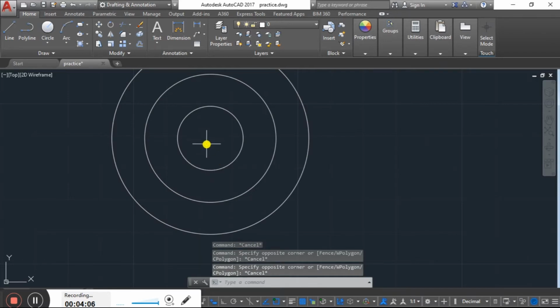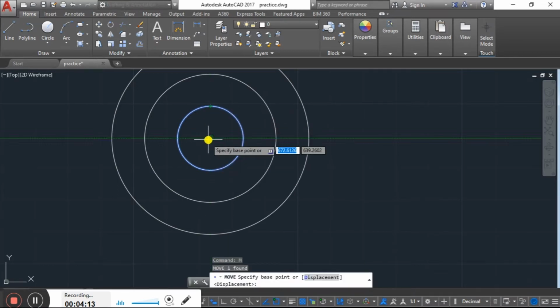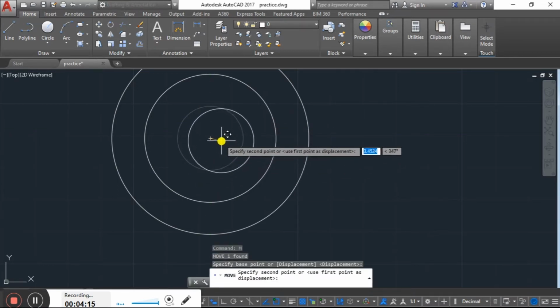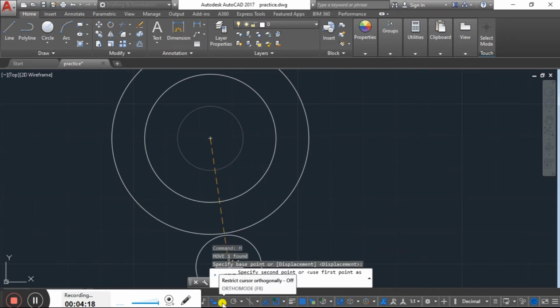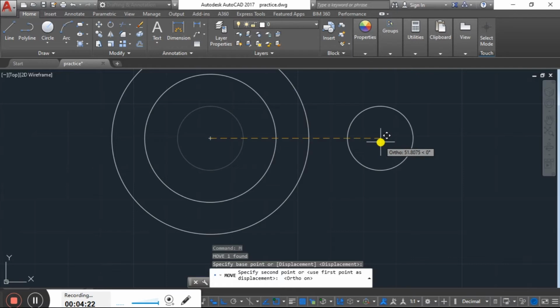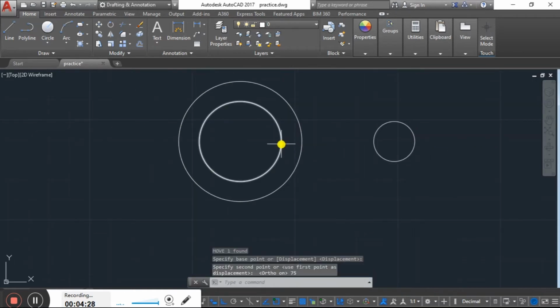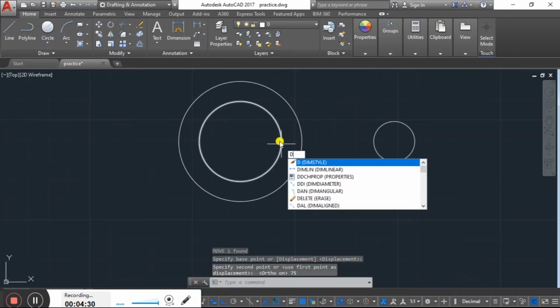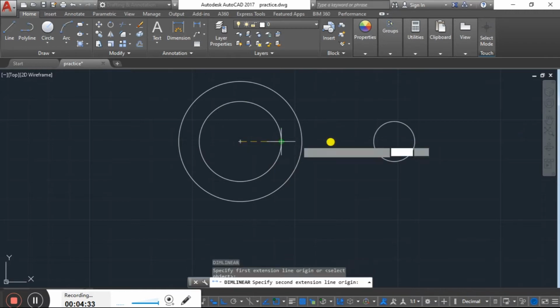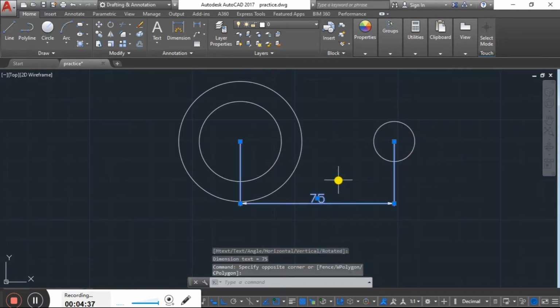Select it, press M for move, and select from its center. Make sure your ortho mode is on from here, or simply press F8. Put in the dimension. What is the dimension here? 75. You can check with the command DLI, linear dimension. It is 75, right?